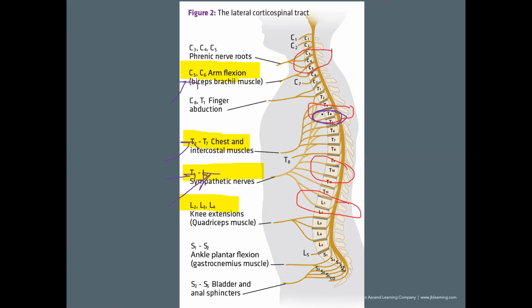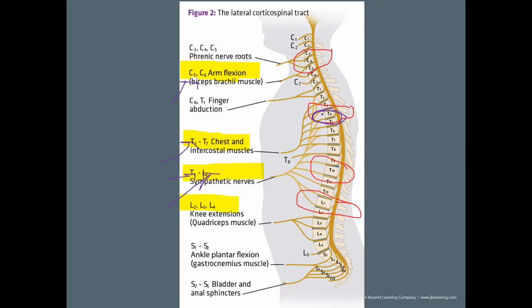The T4 dermatome is at the nipple line. And an easy way to remember that is T4, T is for tips of the nipples. So that's just an easy one. So C4, clavicles, T4, nipple line,